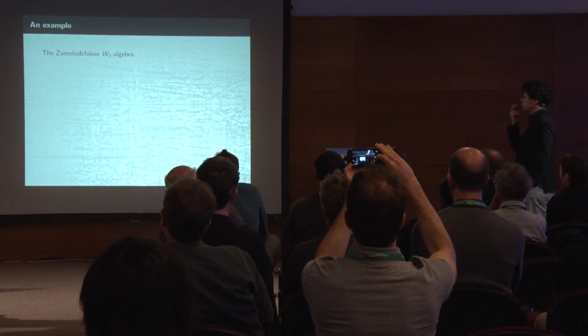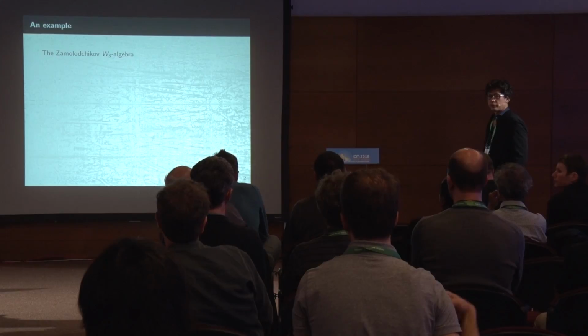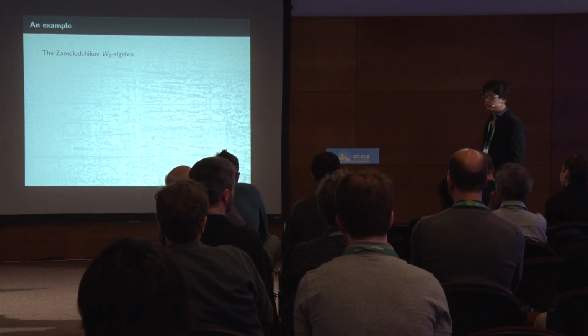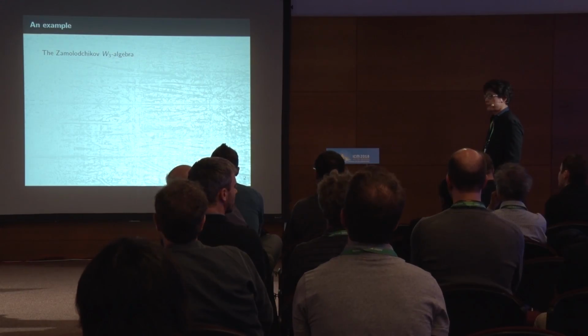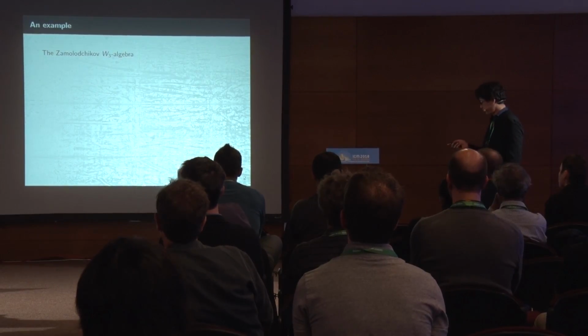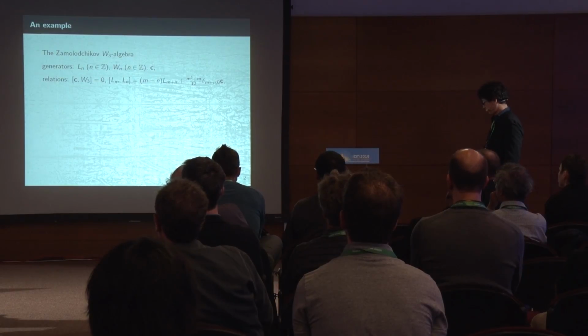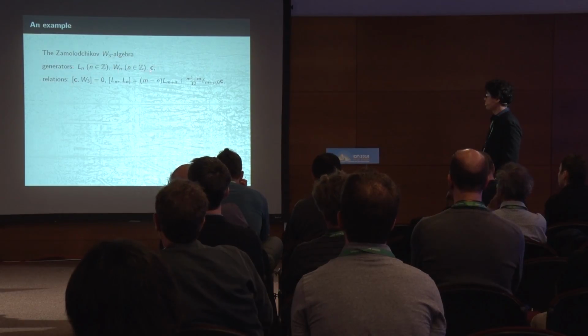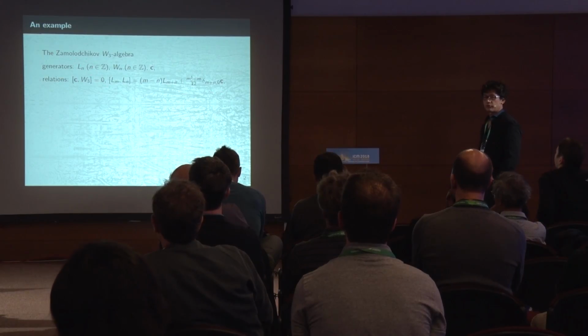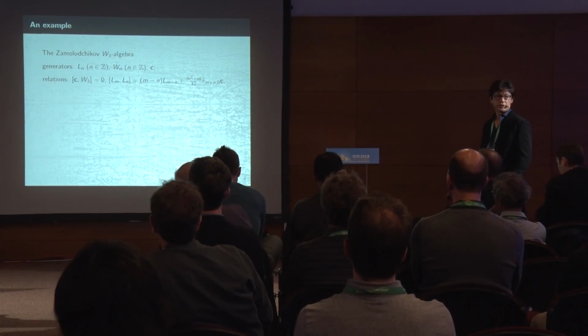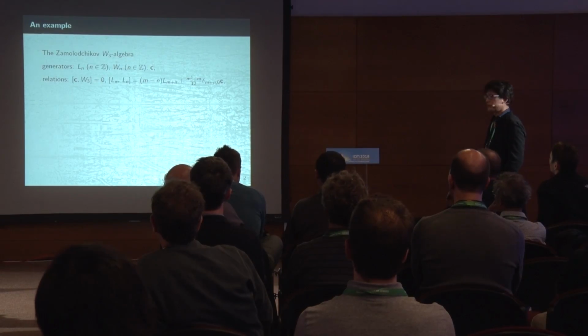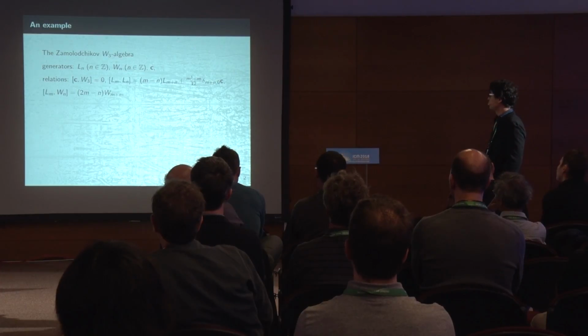Okay, let me introduce one example of a W-algebra. So this is Zamolodchikov's W3 algebra, which is the first non-trivial W-algebra. It has the following generators, L_n and W_n, and this is the central element. These generators generate the so-called Virasoro algebra. So W3 contains the Virasoro algebra as its subalgebra. And